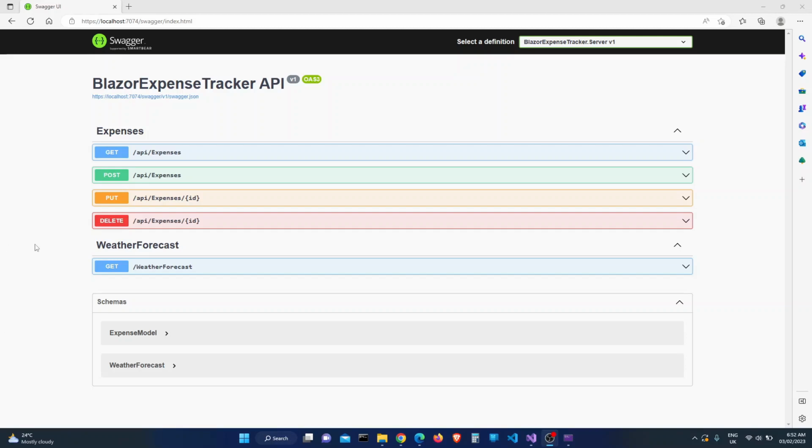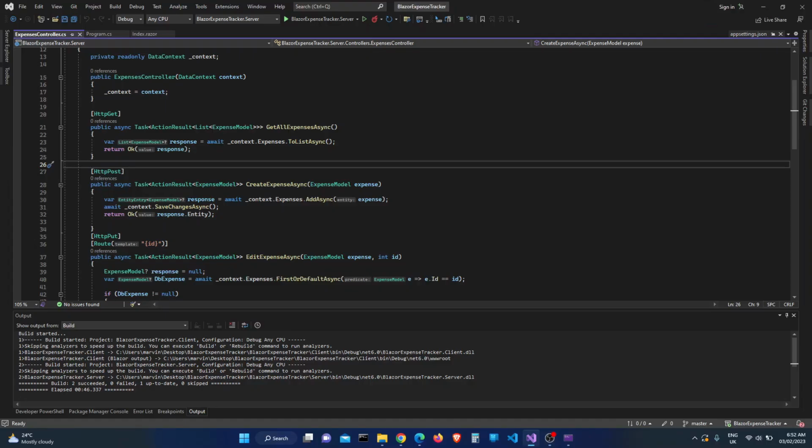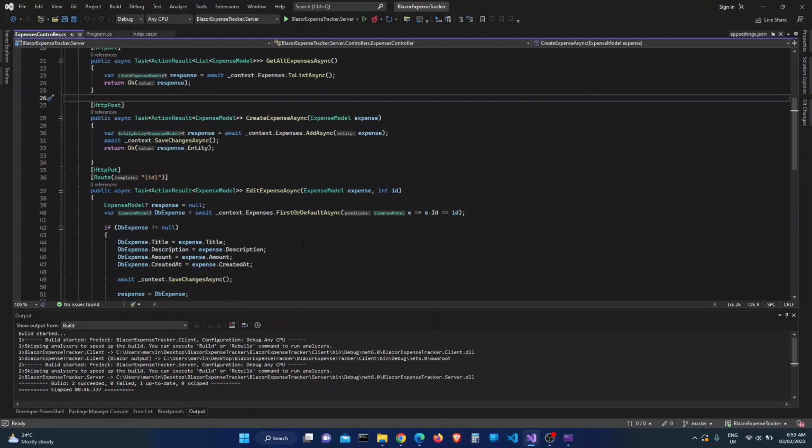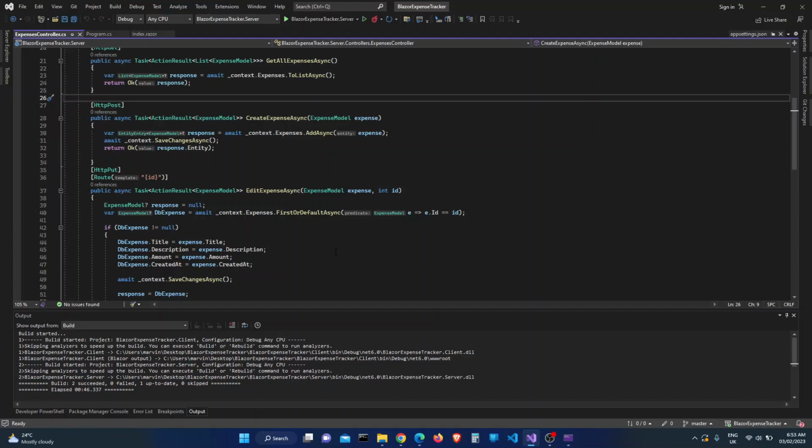Now, we don't want what are called fat controllers, which is what we have right now. Let me open Visual Studio so you have a look. So in the last video, we created this controller for our expenses for our API. And we'll see that everything is done in this controller, but we want to separate some of the stuff out of it so that we have our code being more modular. We want to actually just separate out the actual calls using the context, the actual calls to our database, and then just have the controller dealing with the